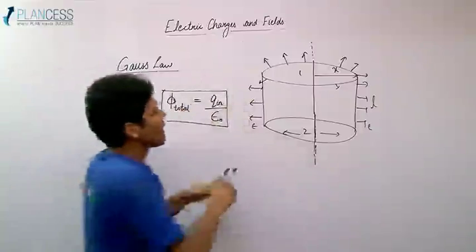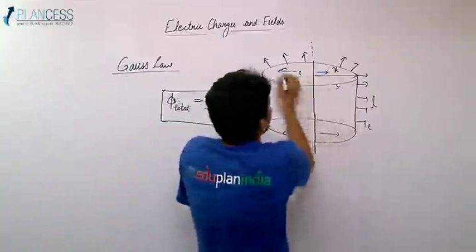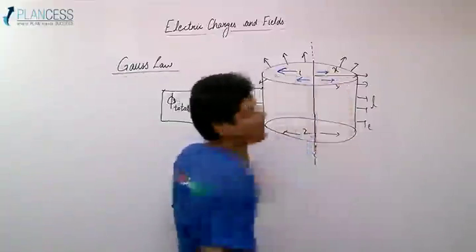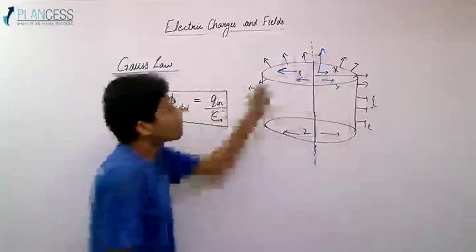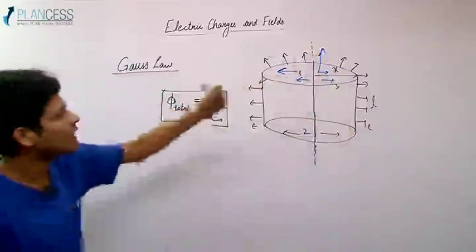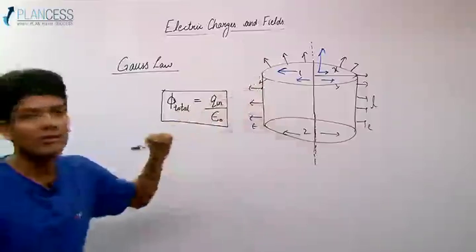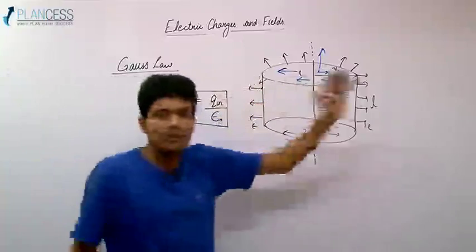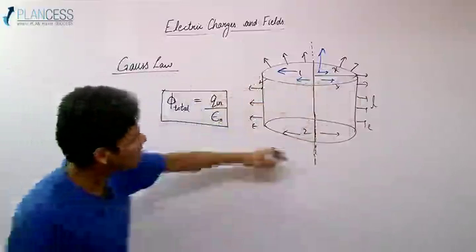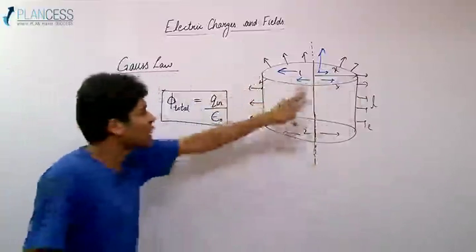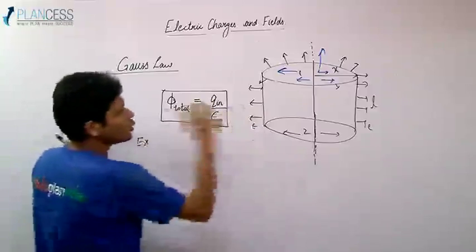For surface 1, we know that the electric field on this surface would be in this direction, and the ds would be like this. So for the first surface, the electric field and ds are perpendicular to each other, at a 90-degree angle, so the value of the flux on the first surface is 0. Similarly, on the second surface, the value of the flux is 0. If we talk about the lateral surface, we can write E into 2 pi x L,